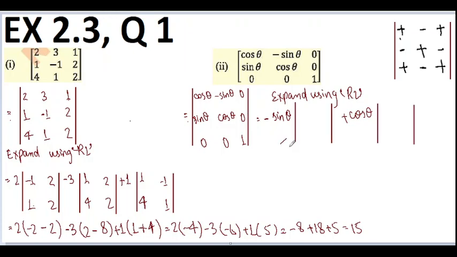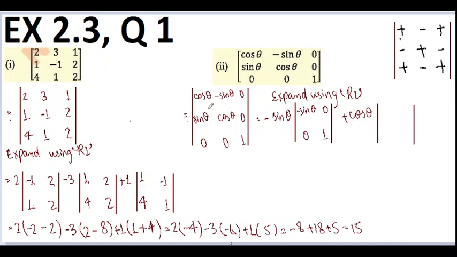Now how are we going to make these determinants? It is minus sine theta, which is this term. So the column and the row containing sine theta will be removed, and the rest of the terms will be used in making this matrix. Okay, so this column and this row are removed, so we are left with this, this, this and this. So we are going to use them. Minus sine theta, 0, 0 and 1. So minus sine theta, 0, 0 and 1.